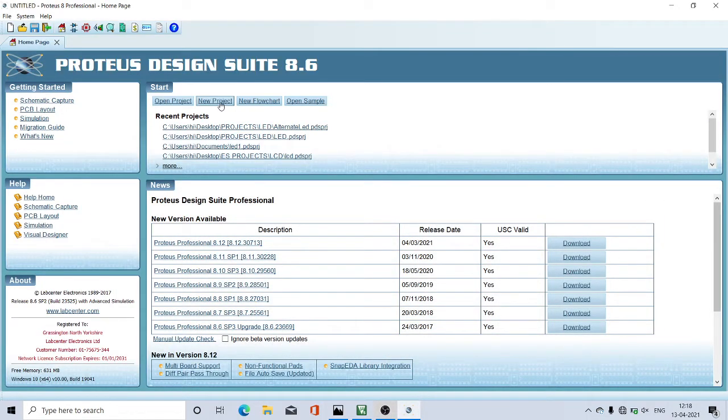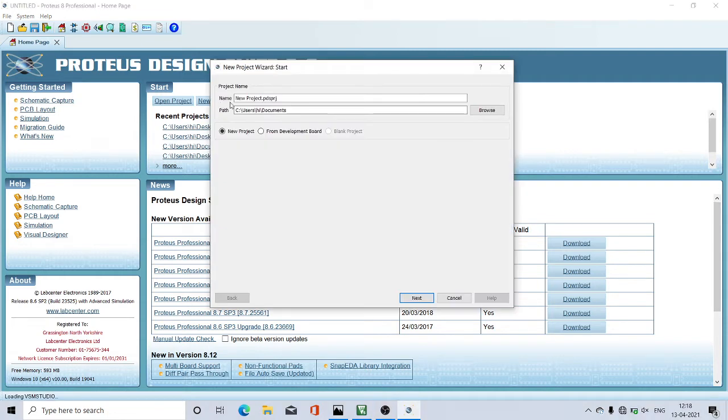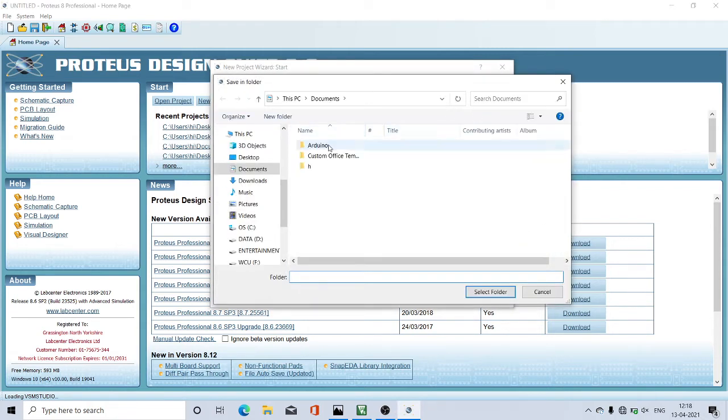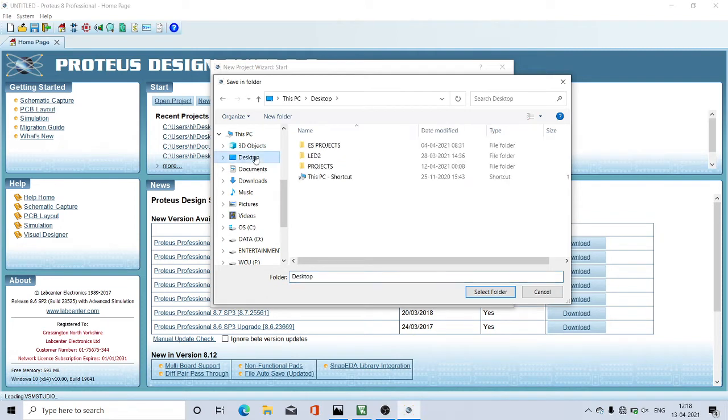So opening the Proteus, going with a new project. So I need to select the path first, browse, going for the desktop. I have created the folder as projects. In this I have created a folder for switch. I am selecting this folder